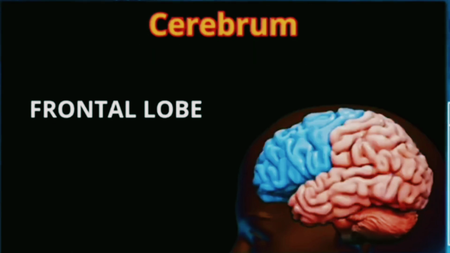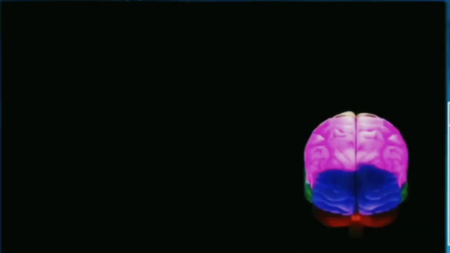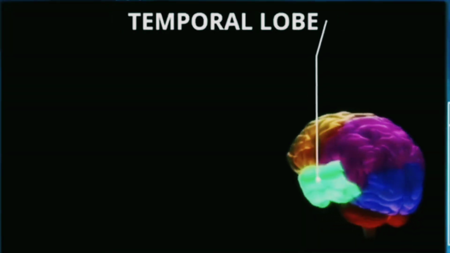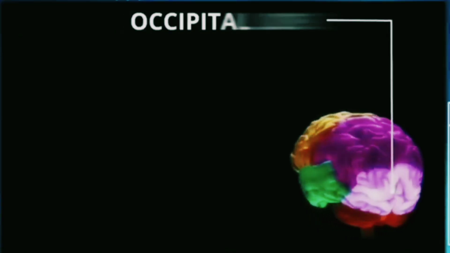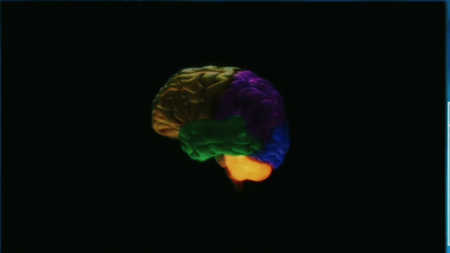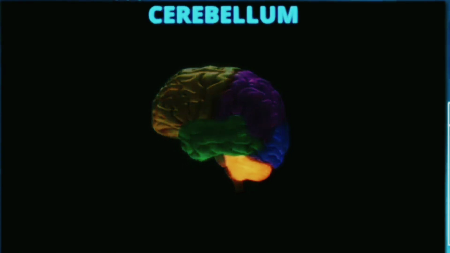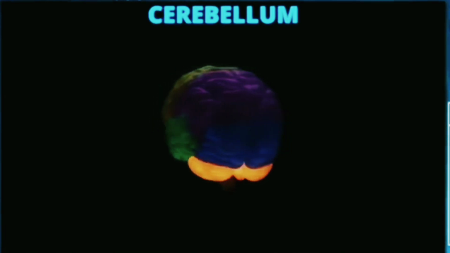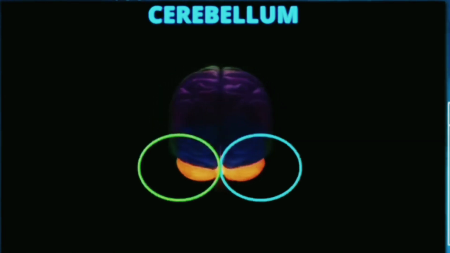Yes, it is this one, the one present in the front. Let's move to the next lobe. This highlighted lobe here is called the parietal lobe. The next lobe is called the temporal lobe. Fourth and the last lobe is the occipital lobe of the brain. The small bulge at the back of your brain that you see is called as the cerebellum. Just like the cerebrum, this cerebellum is also divided into 2 halves. It's called as the small brain